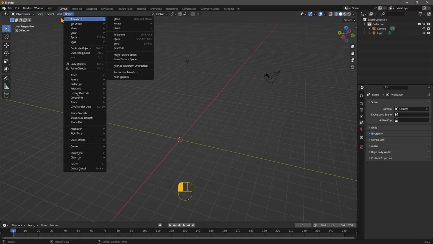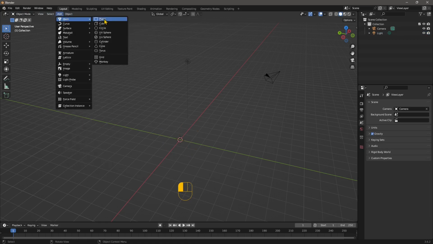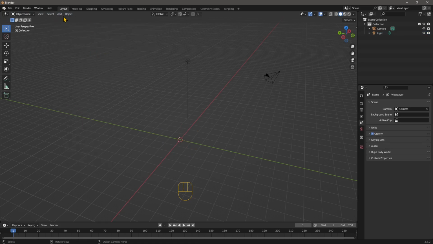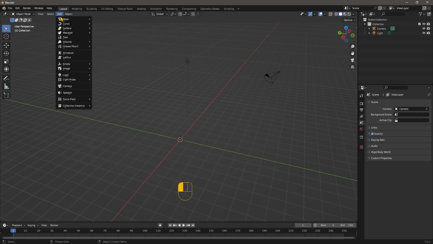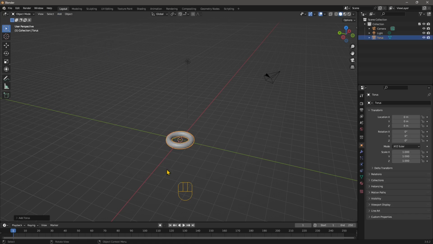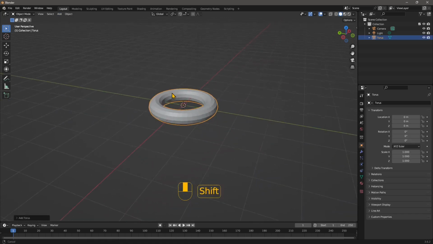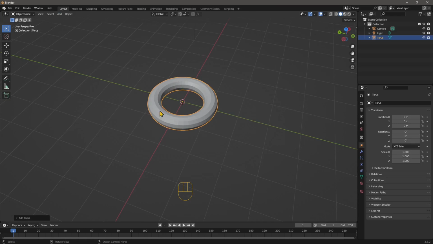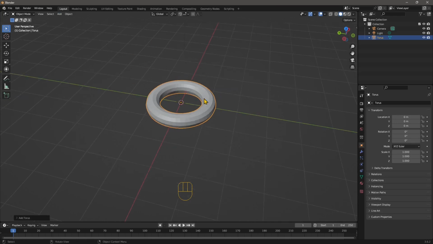In Object Mode, I'm going to add a mesh, and I'm going to add a torus because it's just a little bit more interesting. Now remember, you can do this with other objects too. I'm going to use 3D objects because it's better to understand. So I'm going to use the torus, and as soon as I create something in Blender, not with the standard box that you find at the beginning, but with all the other objects that I create,